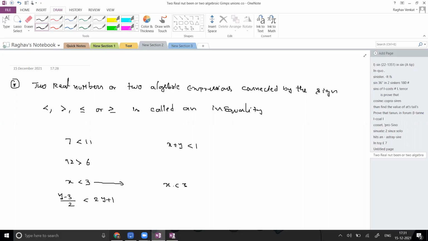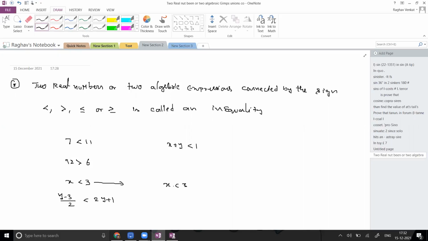With the equality symbol, suppose I say x is equal to y, I can add the same number to both sides, subtract the same number from both sides, multiply both sides by the same number, and even divide by the same number, and there is no change in the expression. Whether it is a negative number or positive number doesn't matter. Any integer or real number, whatever operation you perform on the left side, if you perform the same operation on the right side, the expression value doesn't change. Correct? But inequalities won't follow this. We will see why after discussing the basics of inequalities.